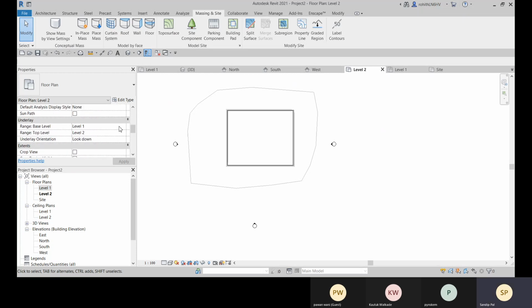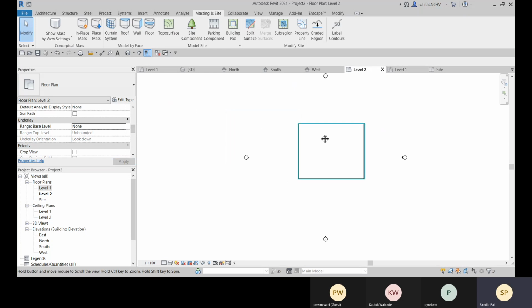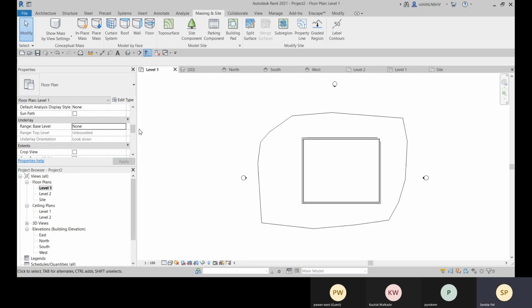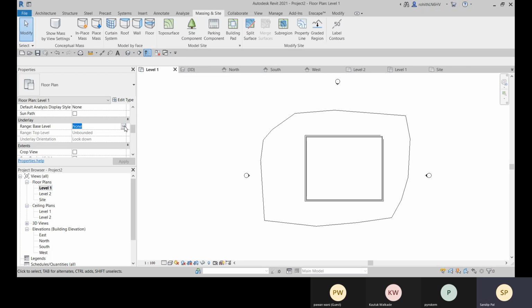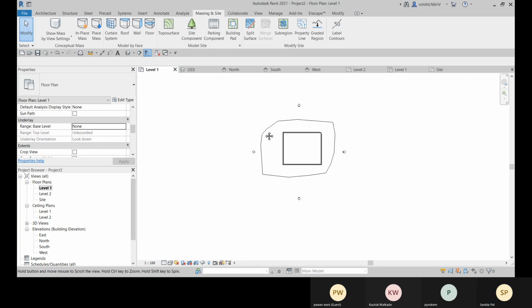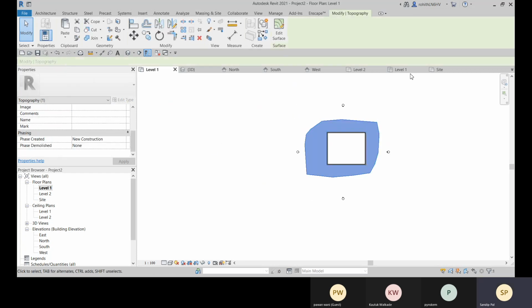Now here also we can apply underlay none, and this will not be visible. And now it is visible. And for this level 1 as well, you can see that it is set to none, but it doesn't matter for this topo surface, because it is placed at level 1.